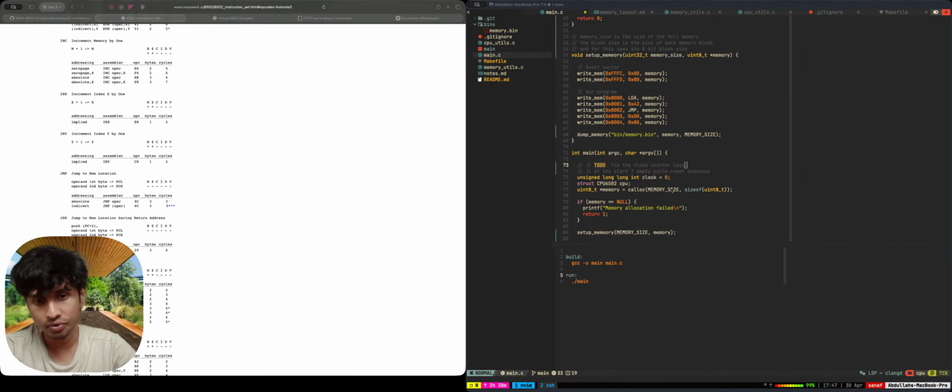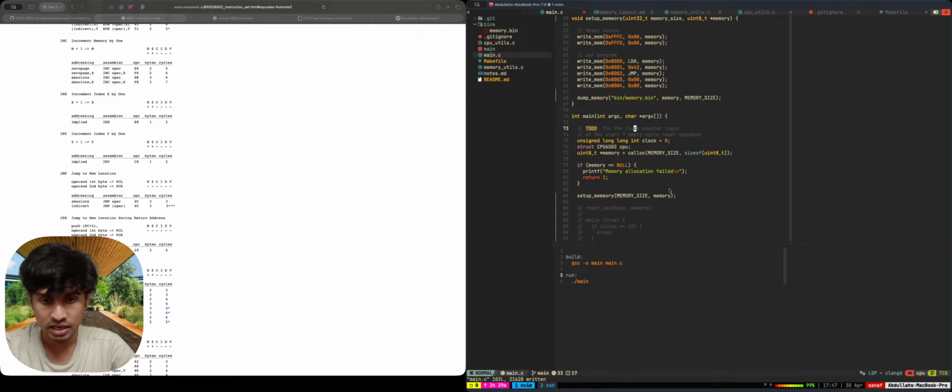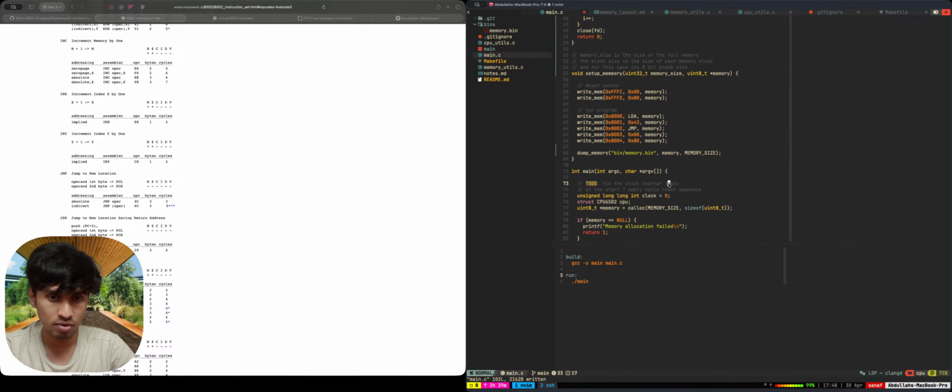Yeah, I think I'll create another program and I'll have to handle it from here. So instead of creating another program, I'll just handle everything from main, and I will take CLI parameters to identify if I want to dump the memory, create memory, whatever I actually want to do. So yeah,